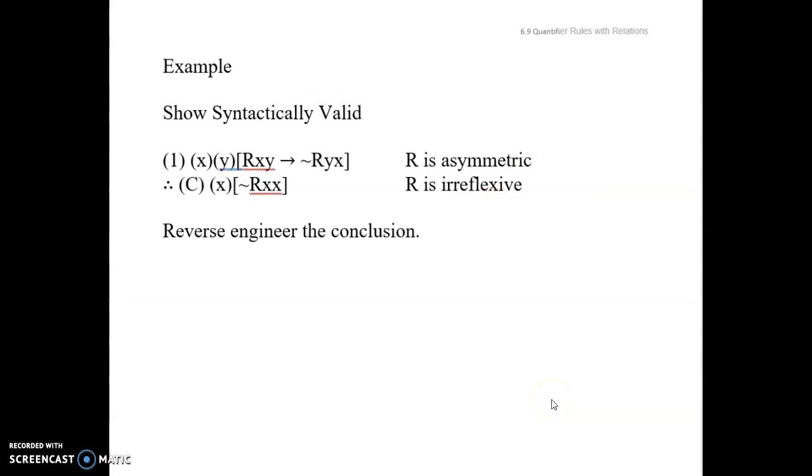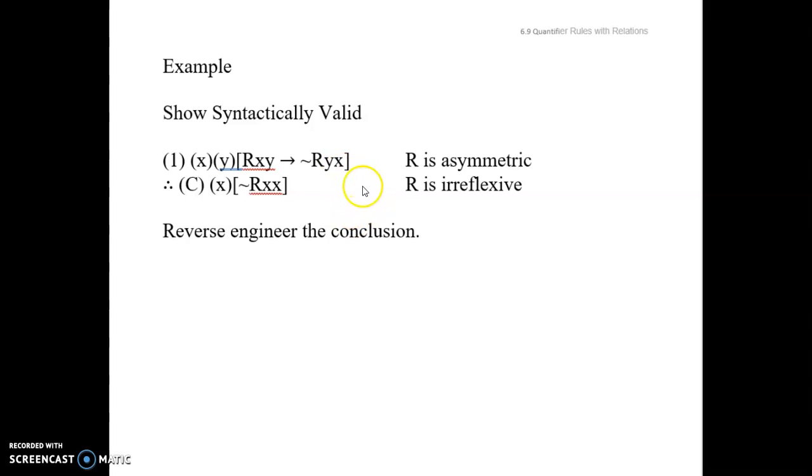Okay, in this case I would like to look at an argument that's very, very interesting. Of course, we're practicing how our syntactic rules work with relations, but here's a very interesting feature of relations that we noted way back in Chapter 4, and that's that all asymmetric relations are irreflexive. And so we're going to model a demonstration of that here